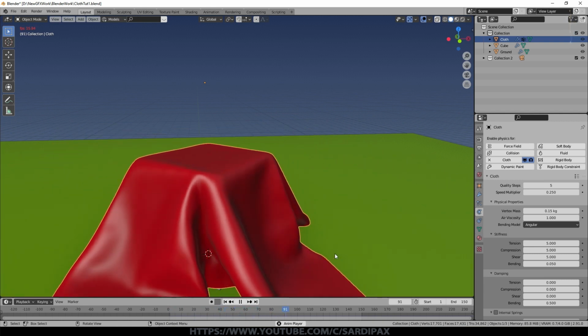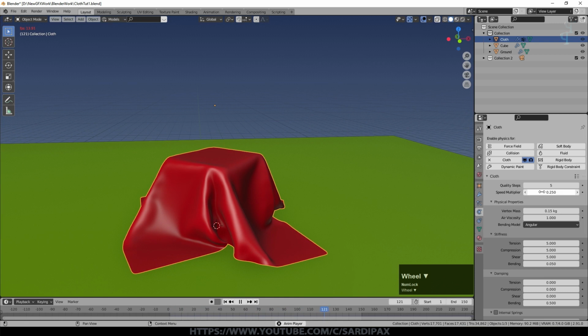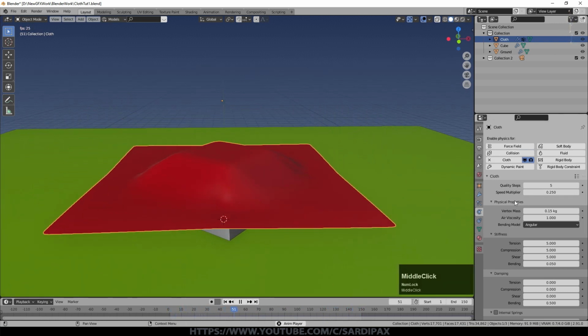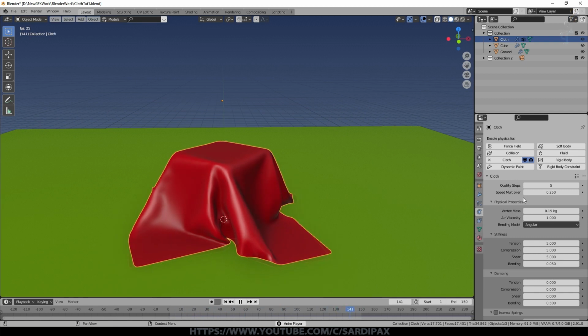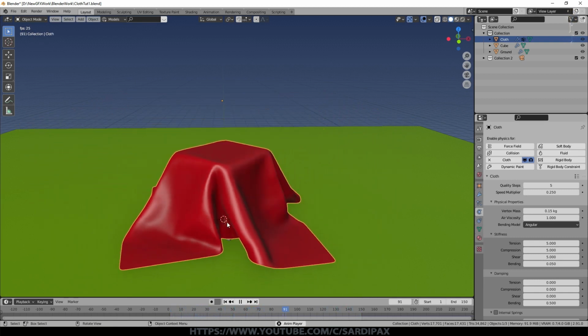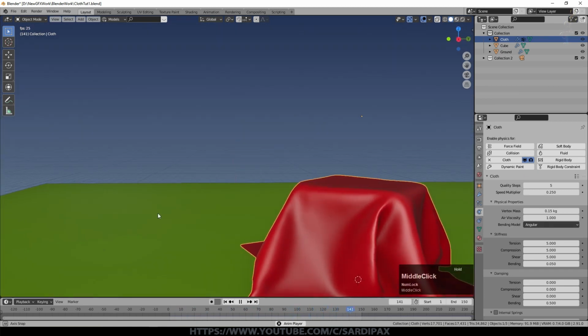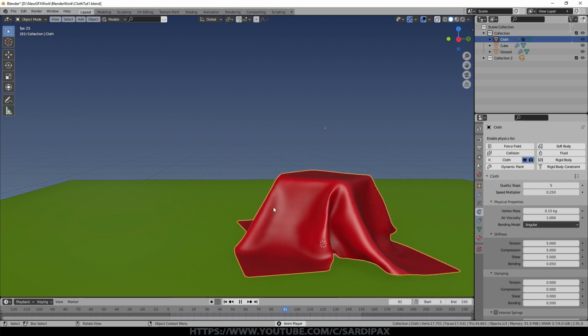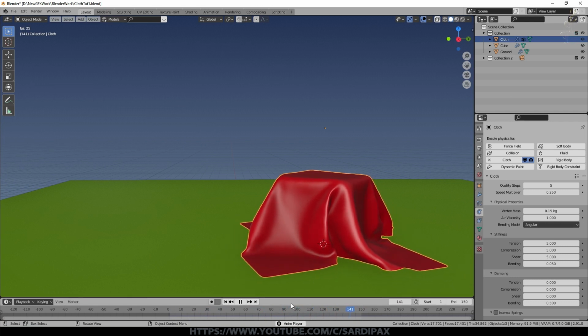And clearly the additional effect that you get from adjusting the speed modifier is that Blender spends more frames calculating where the next position for each vertex is going to be. So it will be a more accurate and therefore potentially more stable simulation. You can see that looks somewhat better.